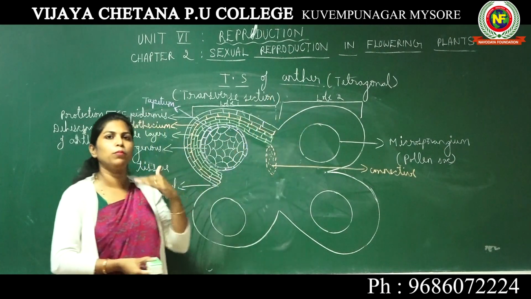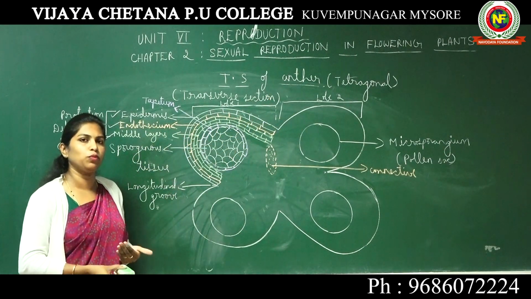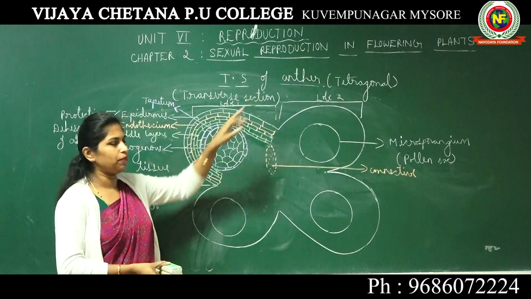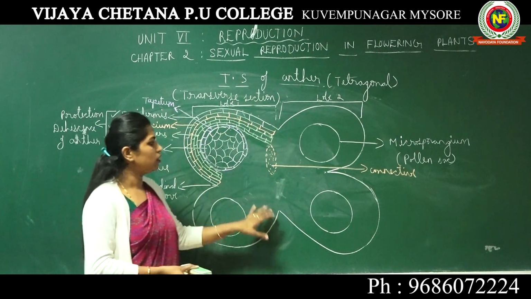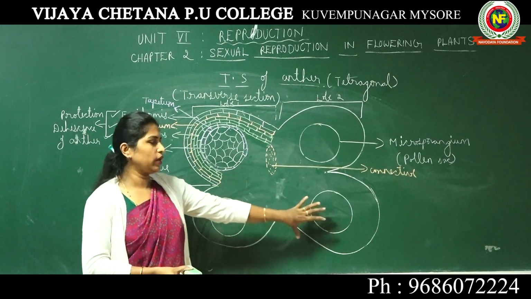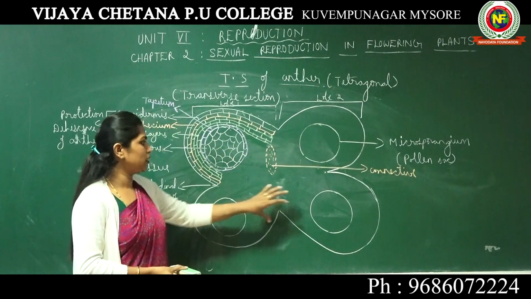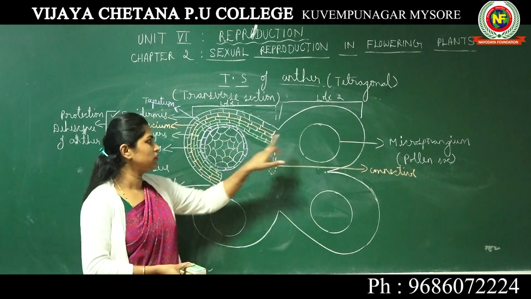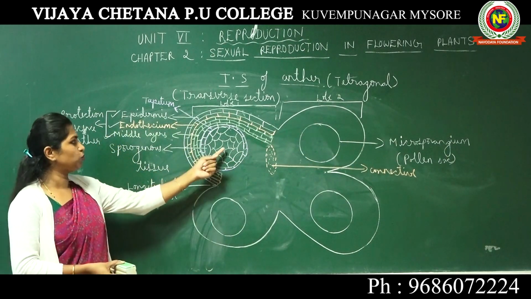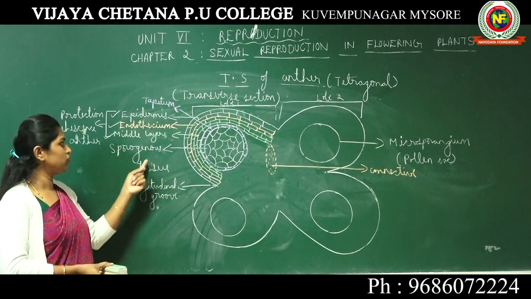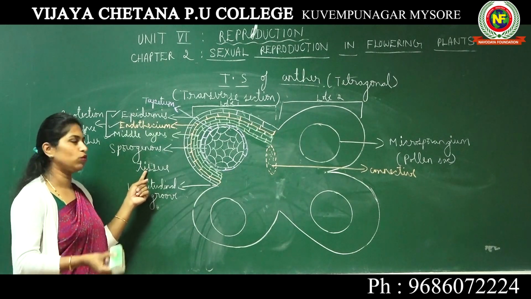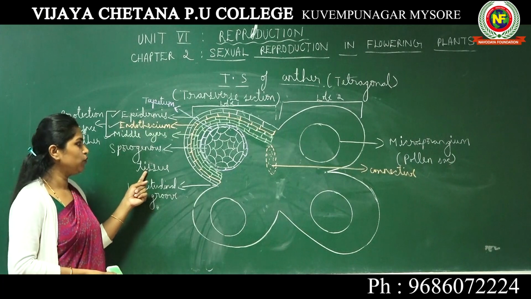Anther is the uppermost part of a stamen inside which pollen grains are produced. If you take a transverse section of anther, you will get a tetragonal shaped structure. Tetragonal means it has 4 corners to it. Now in all the 4 corners there is a circular shaped structure like this known as microsporangium. Inside microsporangium you will find a specialized type of tissue called as sporogenous tissue. They are the tissue which will be giving rise to microspores or pollen grains in the future.